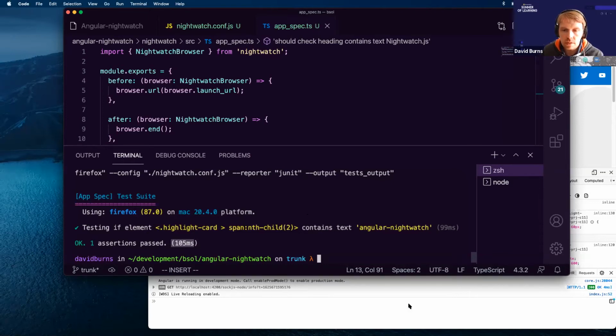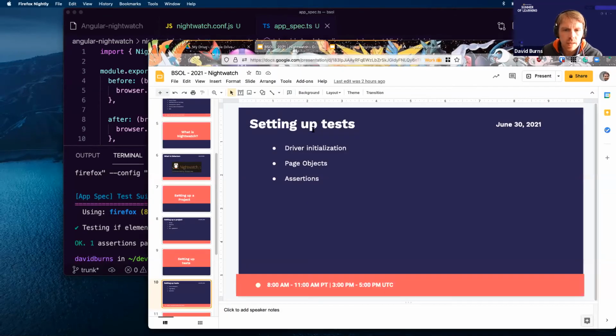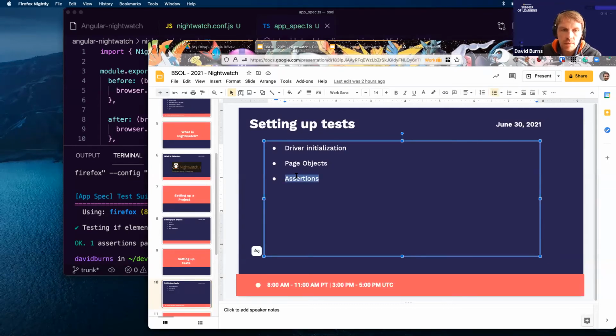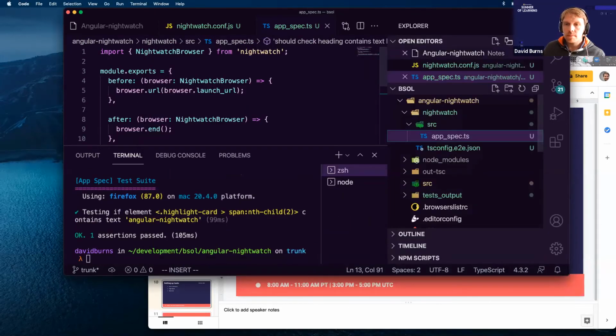Brilliant. So I'm just going to go back to my slides just to make sure I'm in the right place. We've talked about the driver initialization. We've roughly talked about the assertions and making sure everything's set up. We'll have a quick chat about page objects. And so if I load this,